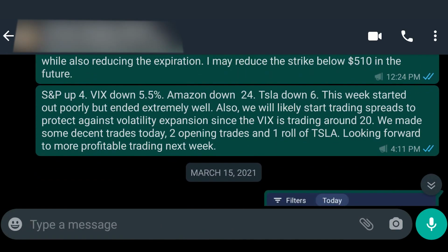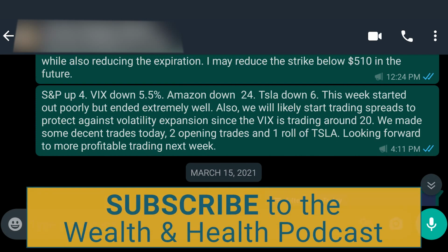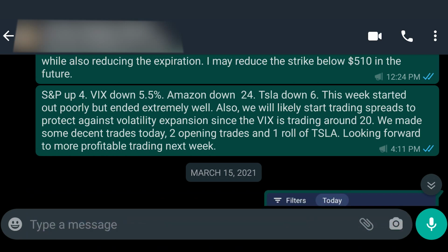S&P up 4. So it looks like the S&P was up 4 out of 5 days this week. Amazon down 24, Tesla down 6. The week started out poorly, but ended extremely well. Also, we'll likely start trading spreads to protect against volatility expansion. 2 opening